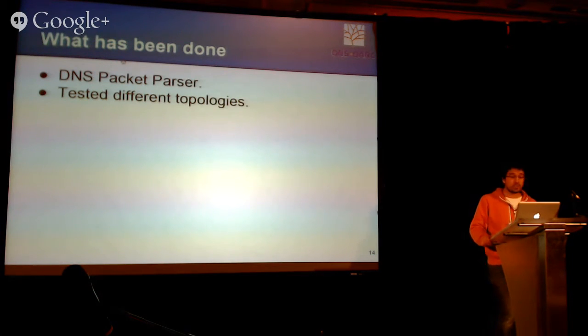And what we have done until now, we have done the DNS packet parser. It is multi-threaded and does the compression part with the LC4 algorithm. And we have tested the throughput of this parser through different topologies. And we measured that its throughput is about 25,000 DNS packets per second. So it doesn't have any